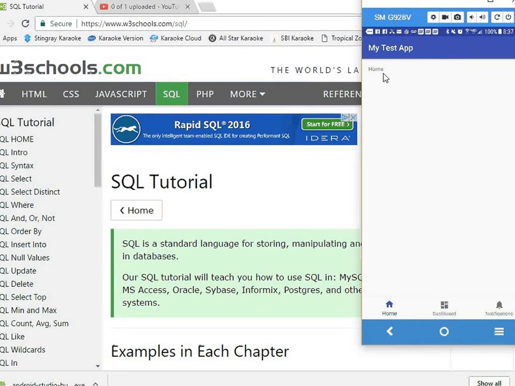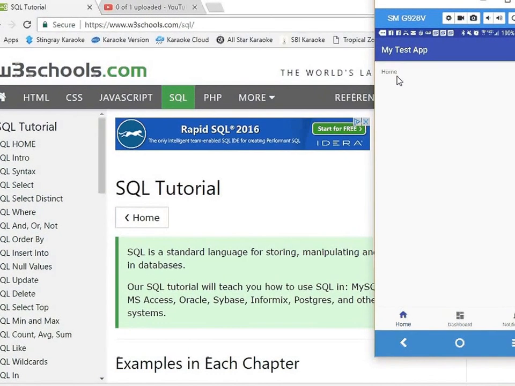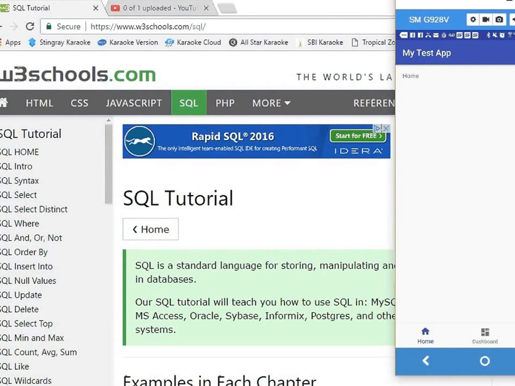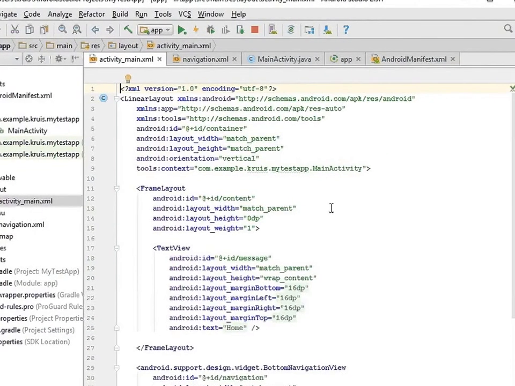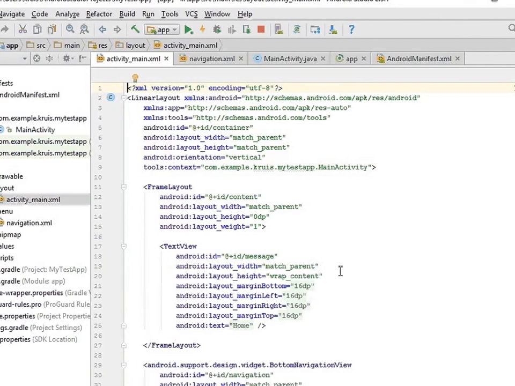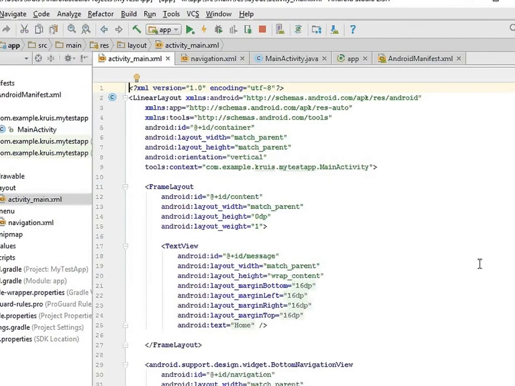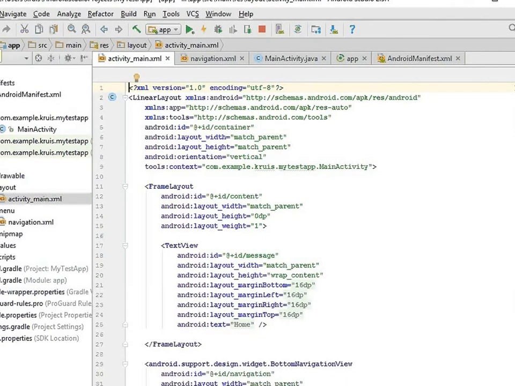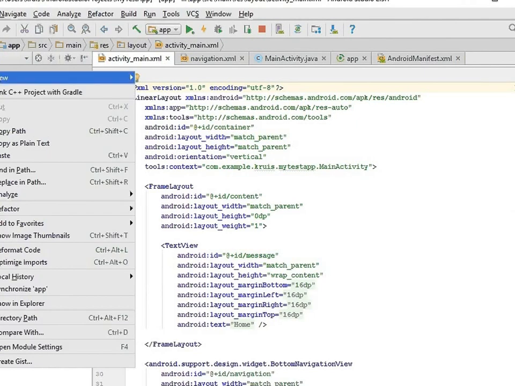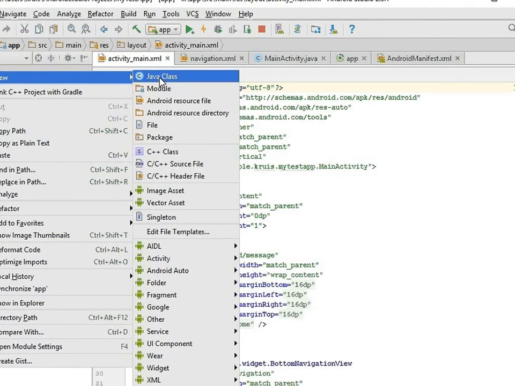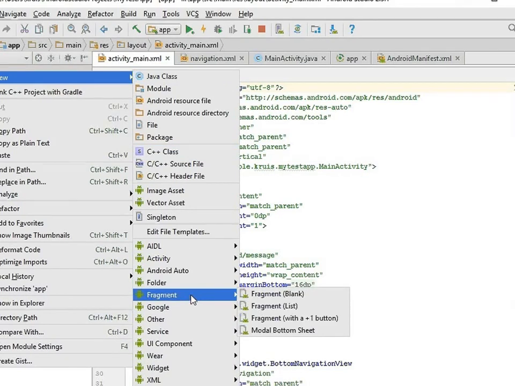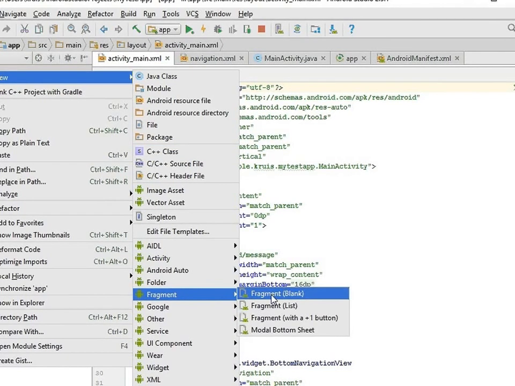So we want to do something a little bit more, we want pages or fragments. So that's what we're going to be doing in this tutorial. So we're going to go back over to our Android Studio, and we're going to start making some changes to incorporate fragments. Now, the first thing that we're going to do is create 3 fragments. So we're going to right click on app, select new, go down to fragment, fragment blank,